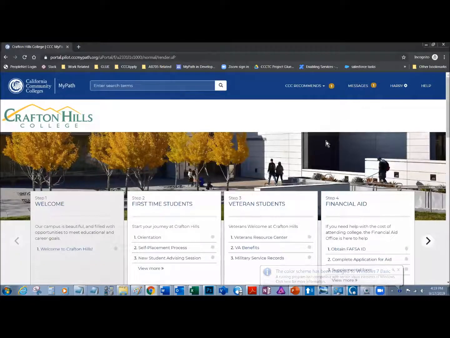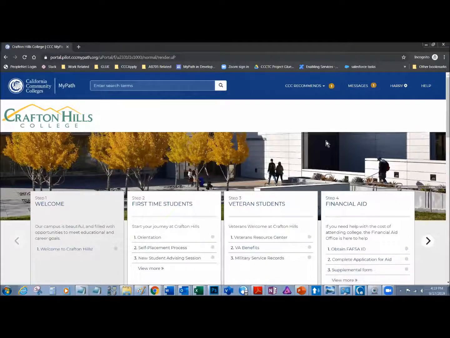This is a brief overview on how to use MyPath. On MyPath's main page, you're presented with a number of different advisor cards. Each one of these advisor cards is presented to you based on the information that you indicated on your CCC